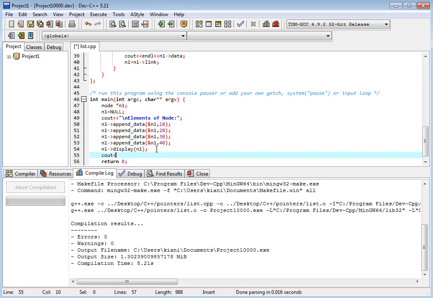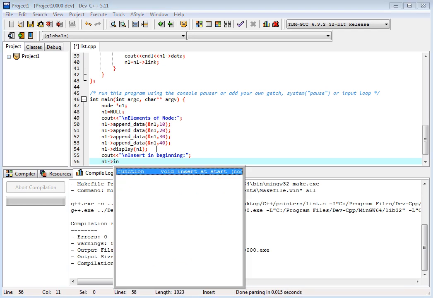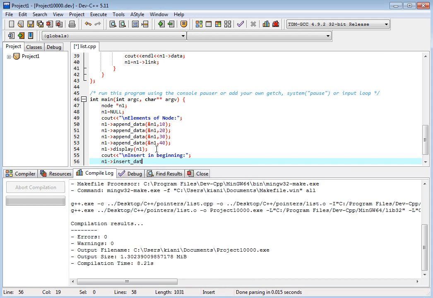Now see out, new line, insert in beginning, insert at beginning, and we have n1 insert at start, insert at start.